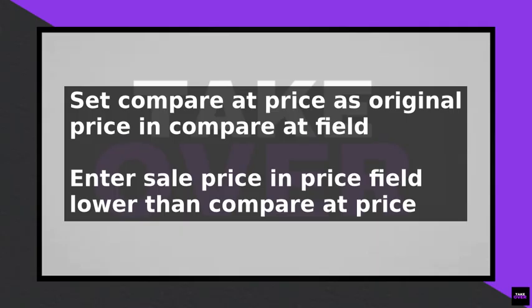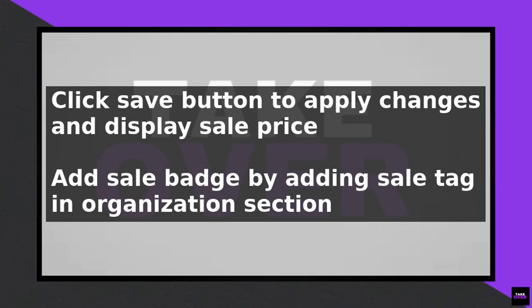Once you have set the compare at price and the sale price, click on the Save button to apply the changes. The product is now on sale and the sale price will be displayed on your store along with the compare at price. To make the sale more visible to your customers, you can also add a sale badge to